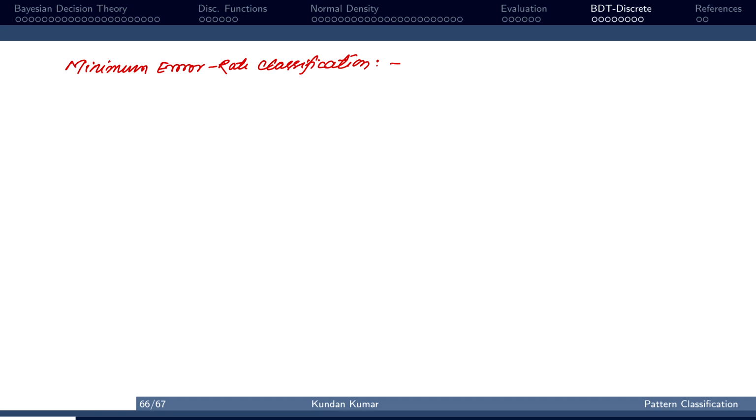So in this case, if we define our loss function as the 0, 1 loss function, then our minimum risk classifier will convert to the minimum error rate classifier. So what is the 0, 1 loss function? How can we define it? So just define the 0, 1 loss function